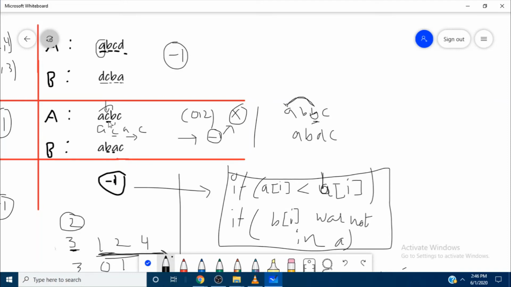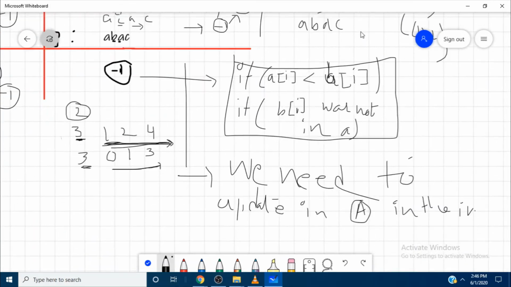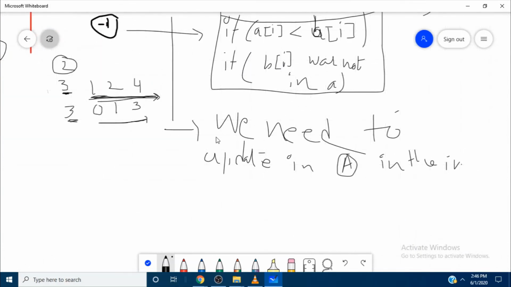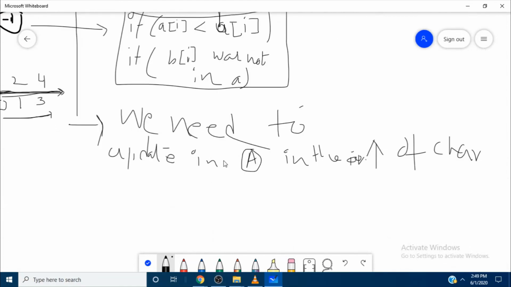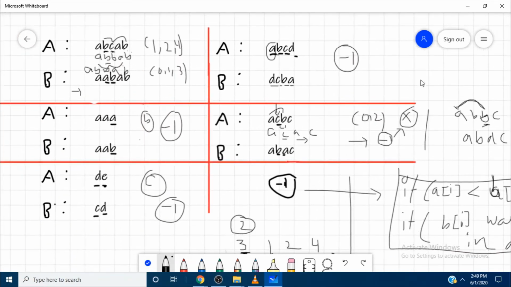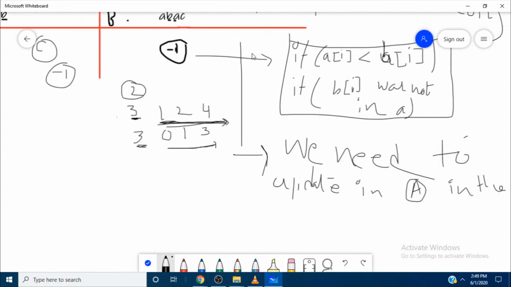If we choose C, we come up with the solution like 0, 2, and here also 0 comma 2, right? So another note point is we need to update in string A in increasing order of character, right? So we have covered all the corner cases and we have noted 3 points.